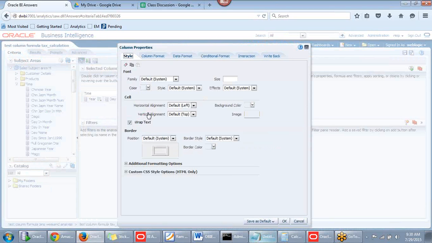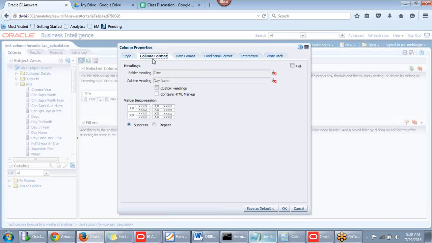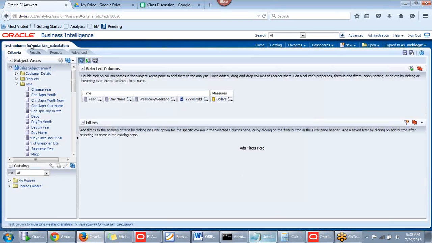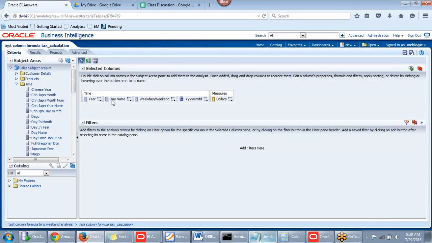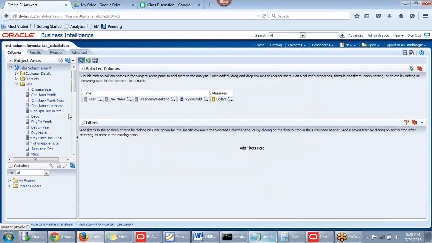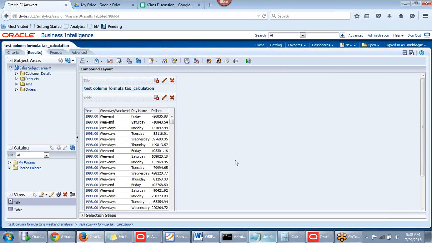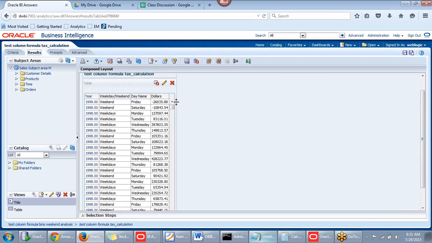And in this day name, this drilling property is getting disabled, and I do need to suppress. I'm going to do the same thing for this even. Click on results, but it's not getting applied. Sometimes we will be getting this kind of weird errors, but ordering has been applied here. See,